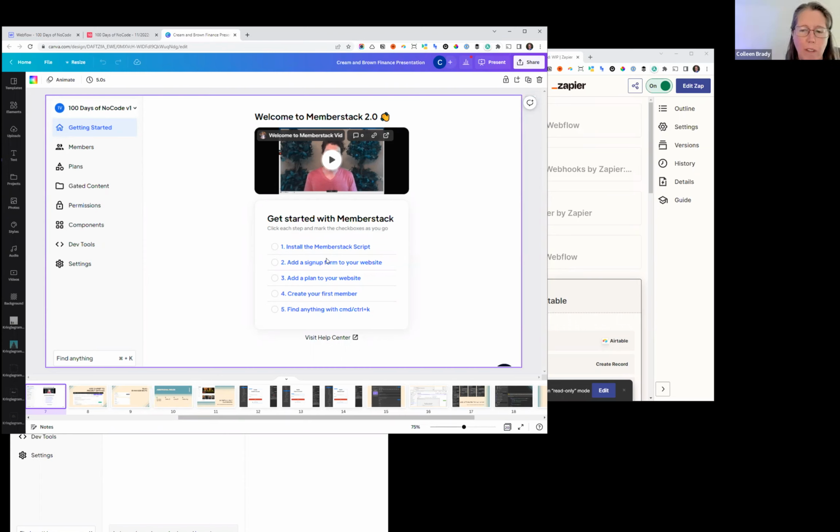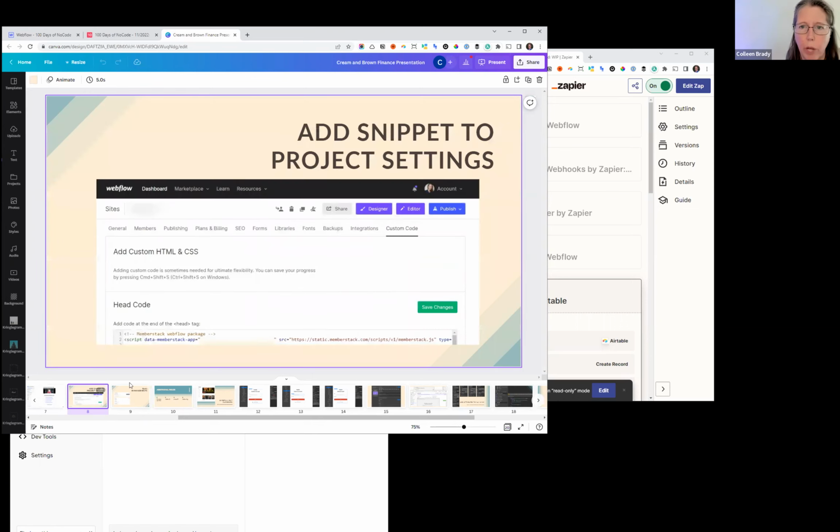So with Memberstack, one of the first things that we're going to need to do is install the Memberstack script on our Webflow site. Since we are dealing with custom code, this does mean that with Webflow, you need to be on a paid plan in order to use some of the custom code options. We're going to go through the sign-up forms, adding a plan, customizing the plan, and going through a workflow of getting someone on the site. So with that,